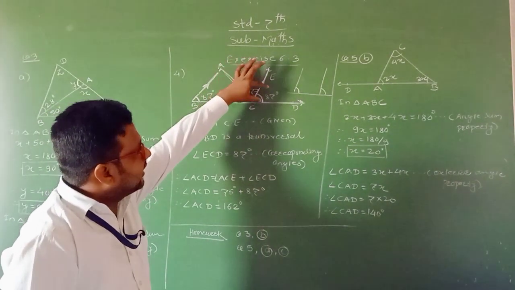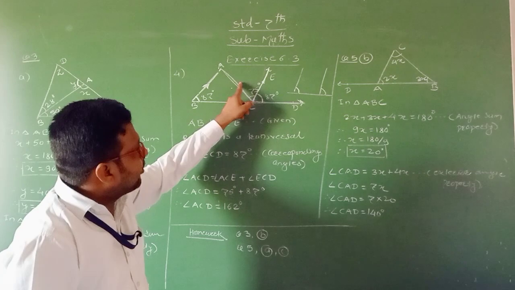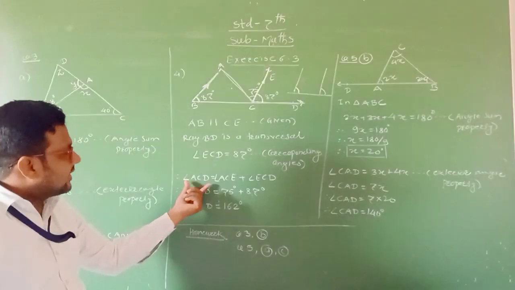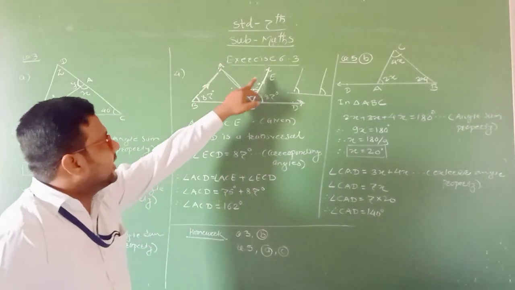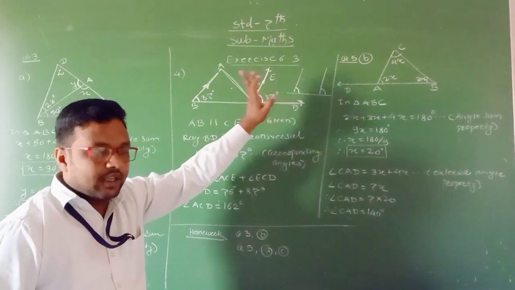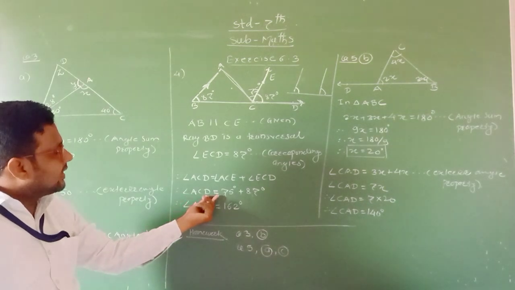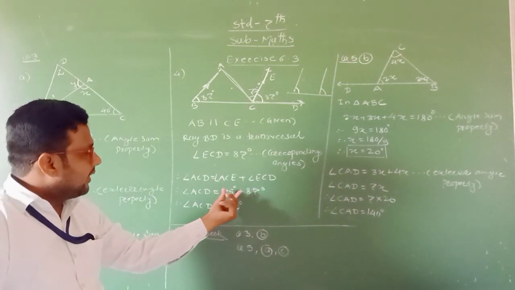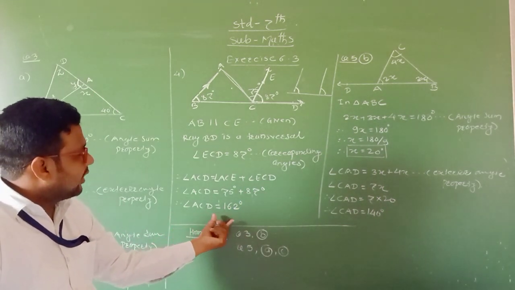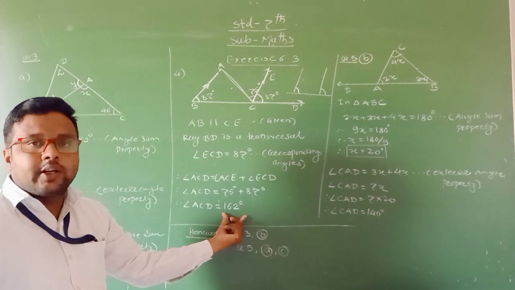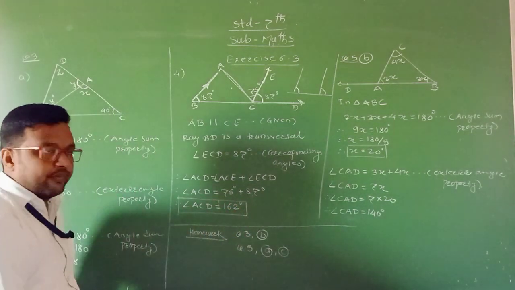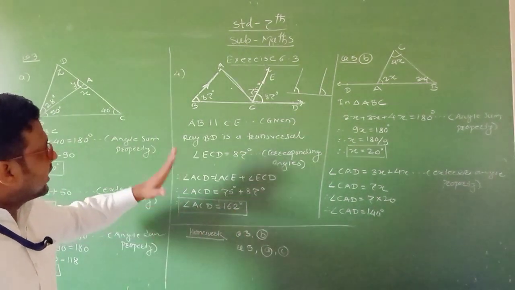Now to find the measure of angle ACD, it is the sum of these two angles. This one is already given and this angle we have found. The sum of these two angles gives angle ACD. Therefore angle ACD is equal to angle ACE plus angle ECD, these two adjacent angles. Then ACE is 75 and ECD is 87. Therefore angle ACD is the sum of these two numbers, 162 degree. And this is the required answer of this question. Okay, I hope you understand this question also.